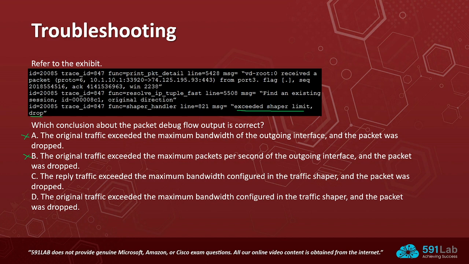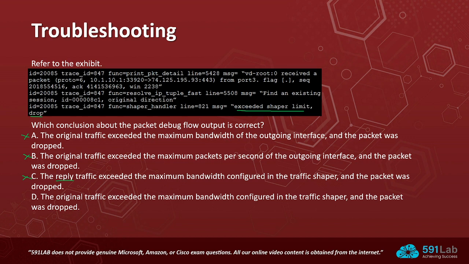the reply traffic exceeded the maximum bandwidth configured in the traffic shaper and the packet was dropped. So this one is talking about the reply traffic. In this case, the shaper doesn't take into consideration the reply traffic or the beginning traffic. That is the flush. So